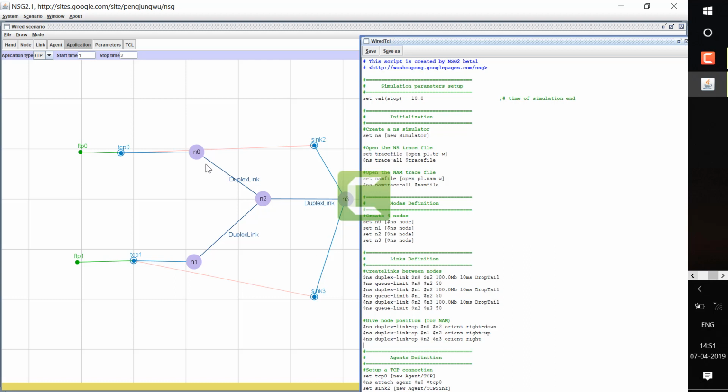You can see N0 is connected to N2, with bandwidth 100 Mbps and delay 10 milliseconds. DropTail is a queuing technique. The maximum number of packets it can hold is 50. That is, between the nodes N0 and N2, N1 and N2, N2 and N3, there is a buffer present which can hold a certain number of packets.